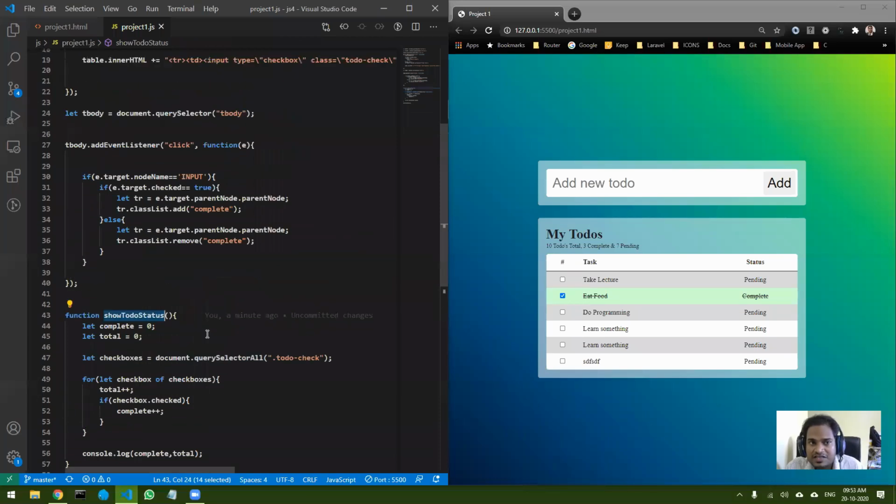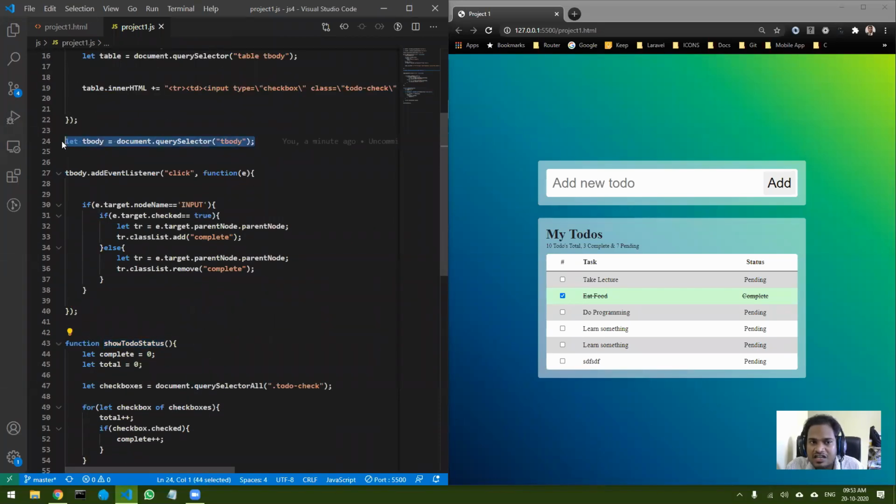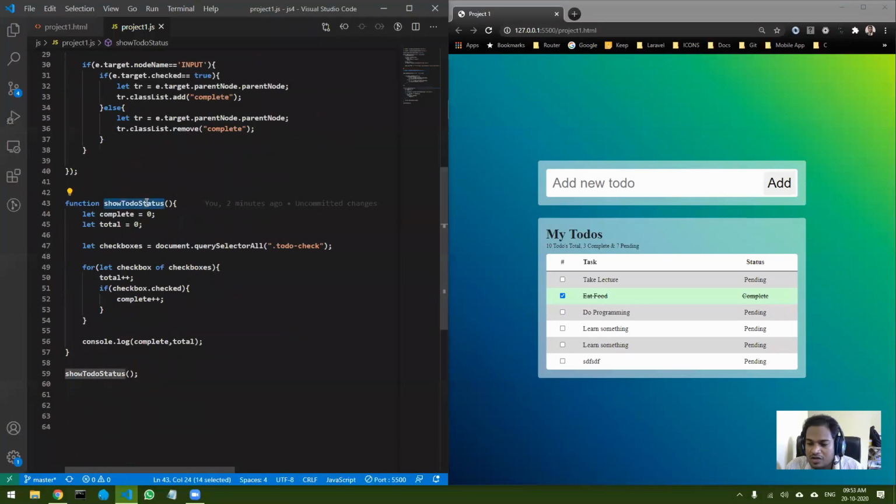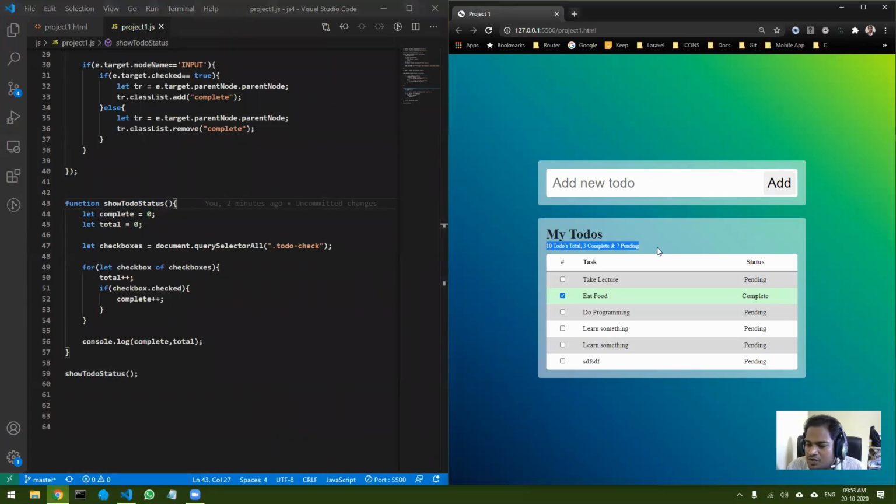But in our previous case, if you remember, this particular statement was over here, right? But when it was over here, it was running only once, that means when the page loads. But here, you will understand in a while that I'm going to run this to-do status button after every change in the DOM. I will show you what I mean. Right now it is not going to update. So now our task is not complete because it should be updated over here, right?